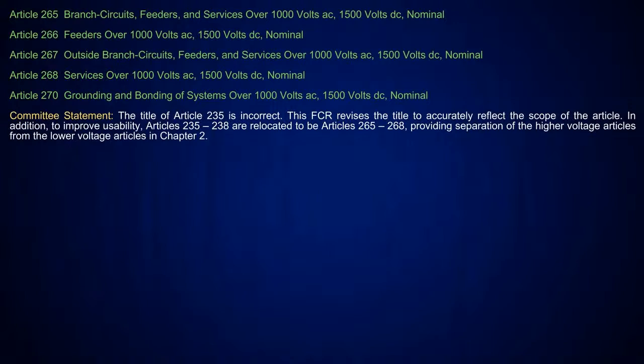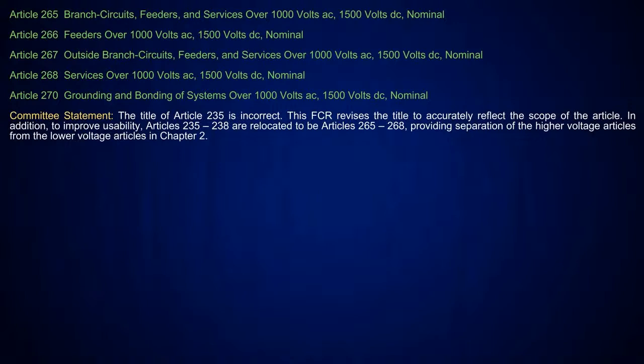Yeah. So what they did is, you'll remember last week I was going through Article 250, and I was talking about the part that had been deleted, and now they created a new part for it, which was Article 270. Okay. Well, they've also taken here, and if you go look at Article 220,